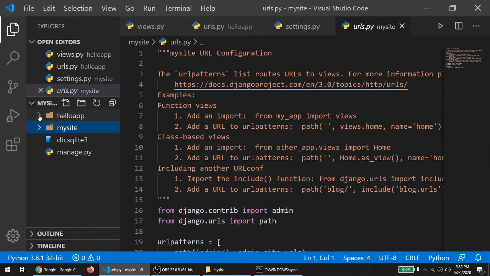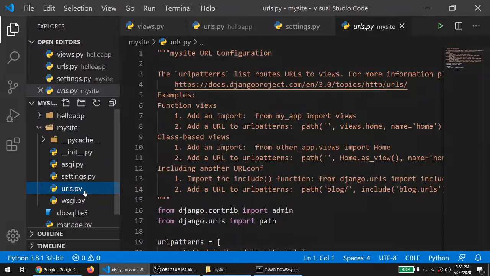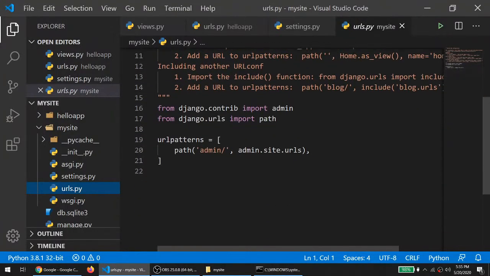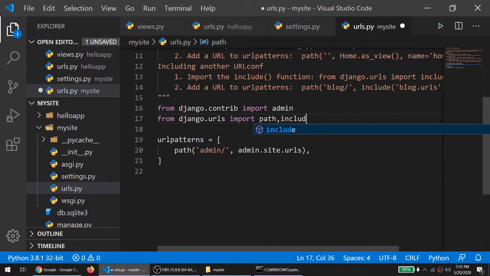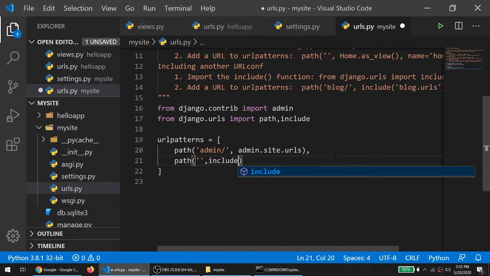So whenever you are creating a new application, you have to inform your project in settings.py like this, and also you have to inform your urls.py, right? So just go to your urls.py, and here you have to include your application URL. My path will be like, see, include, then hello_app.urls.